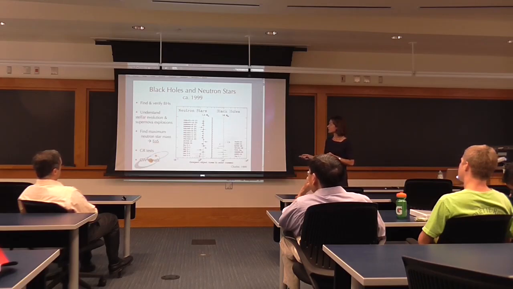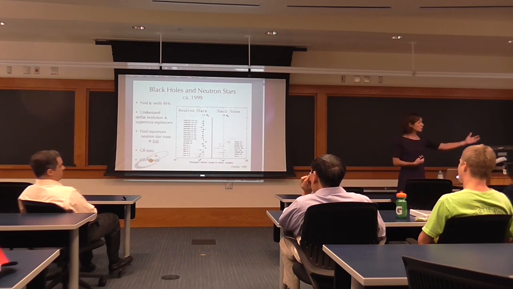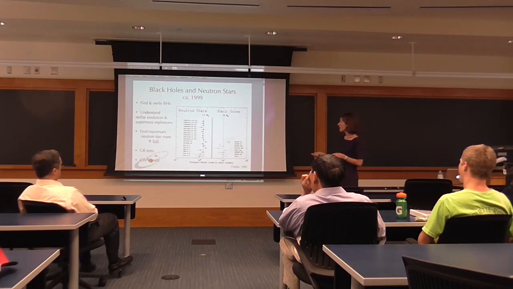We want to understand stellar evolution and supernova explosions. What are the outcomes of these? What are the energetics of these? What are the pre-supernova stars like, so that they would produce either a neutron star outcome or a black hole outcome. We want to find the maximum mass of neutron stars and get a handle on the equation of state